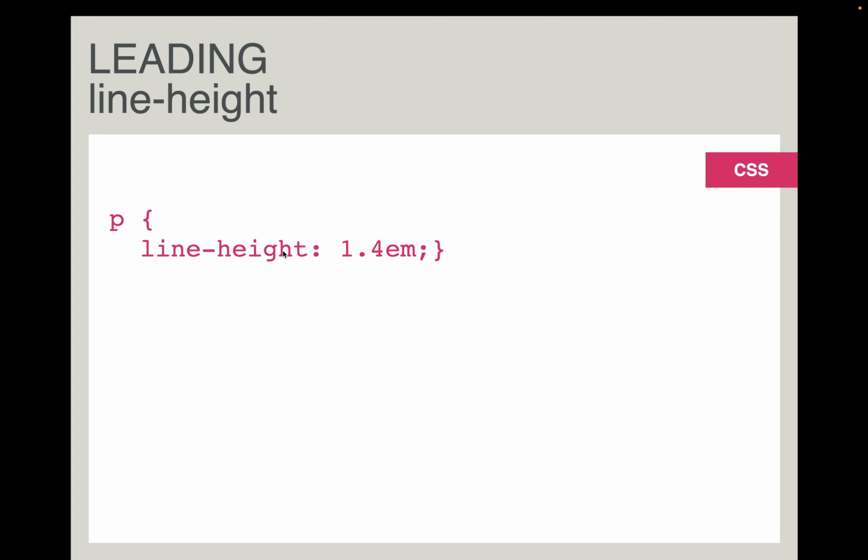So line height. On this one, you absolutely always want to use rems or ems, because let's say you have a font that is, I don't know, let's say it's 20 pixels. And if you put the line spacing,